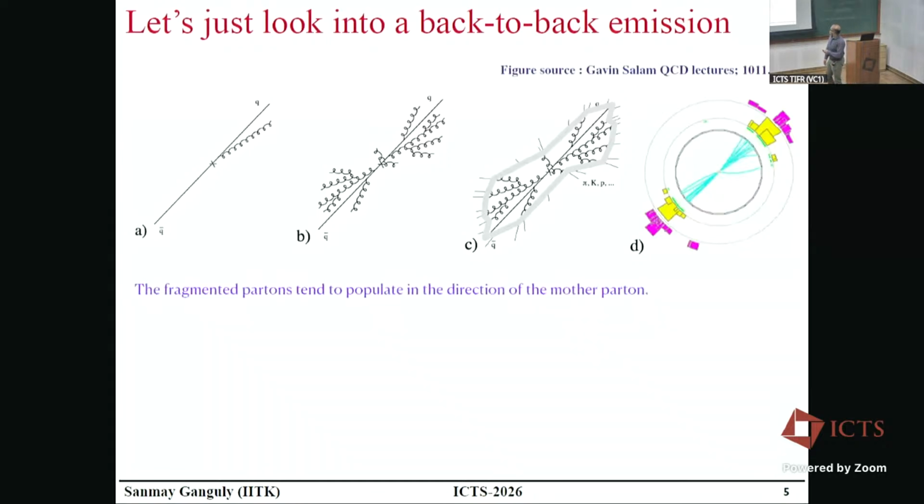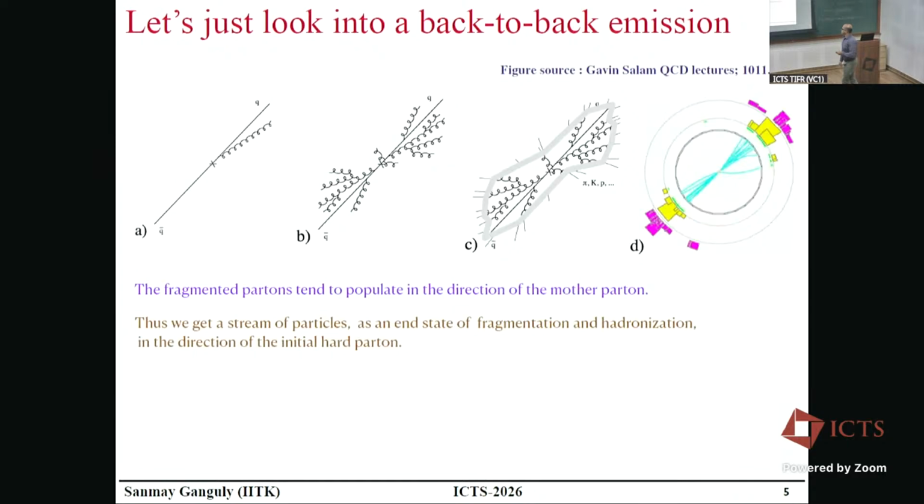Now, it's interesting to see that when we look at the growth of the shower, the parton fragmentation, it is not built isotropically in all directions. Rather, if there was a back-to-back quark-antiquark pair going about, the parton fragmentation happens in a collimated way. So do we understand this phenomenon from first-principle QCD? Let's try to understand that. All of this will play an enormously important role when we try to apply some task with jets. This is actually the quantum dynamics of a jet, which we really need to understand starting from first principles.